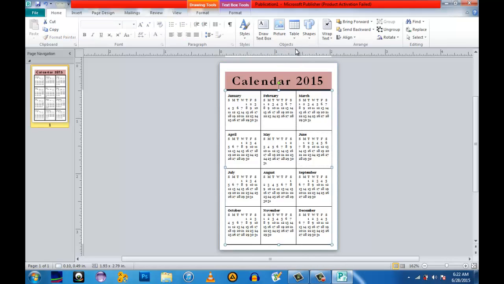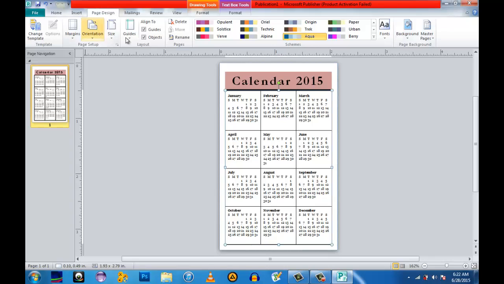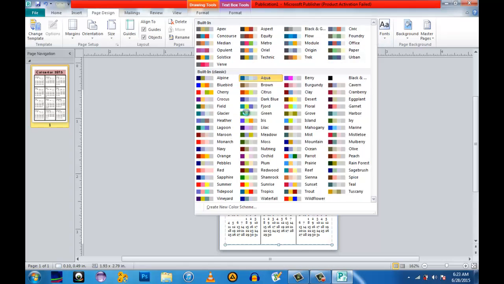Then for this box, you can also change the design by selecting which one. You have different designs to choose from.